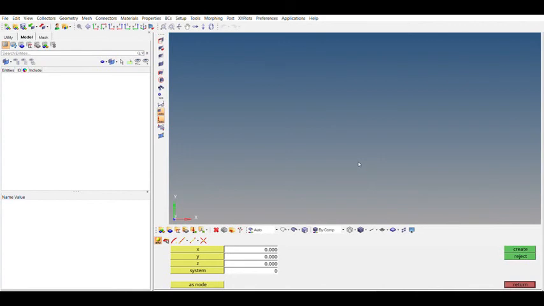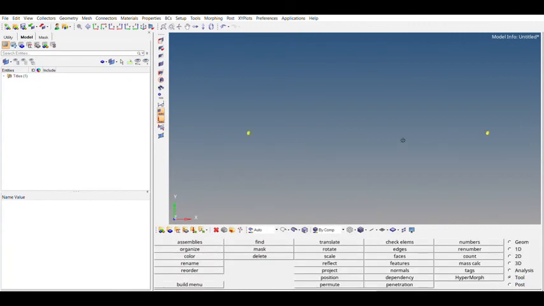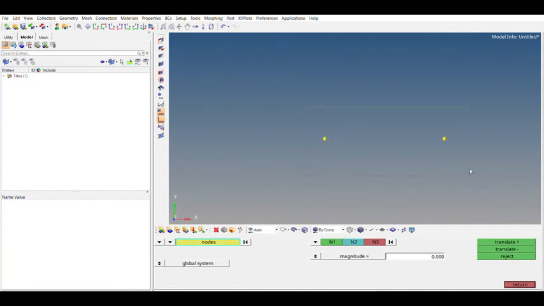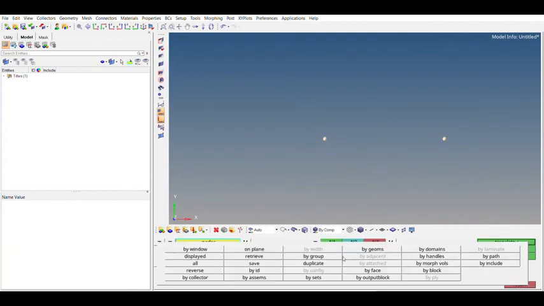So start by first creating the origin. Now creating another node at 25. Now I'll be using different tools to make the process easier, as with geometry it would not be that easy.